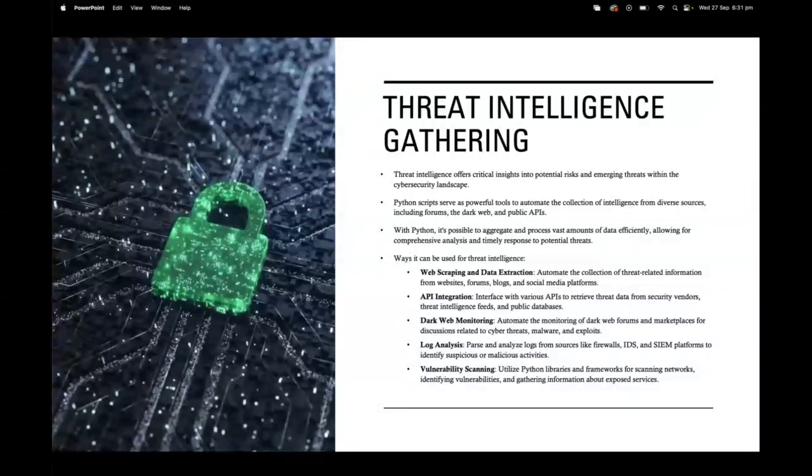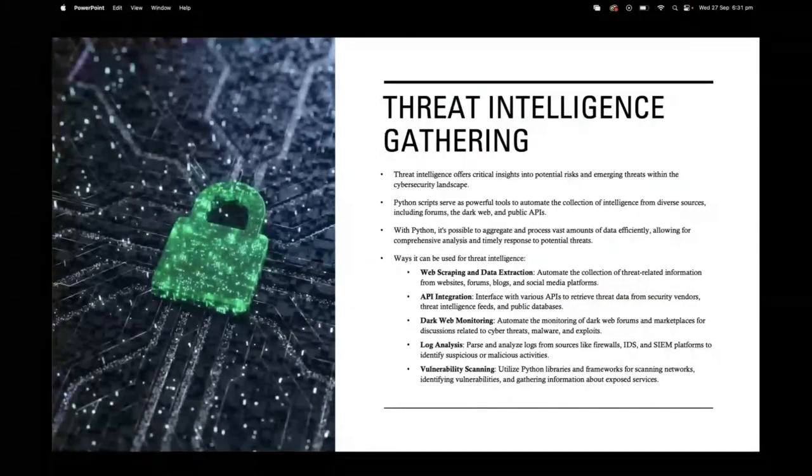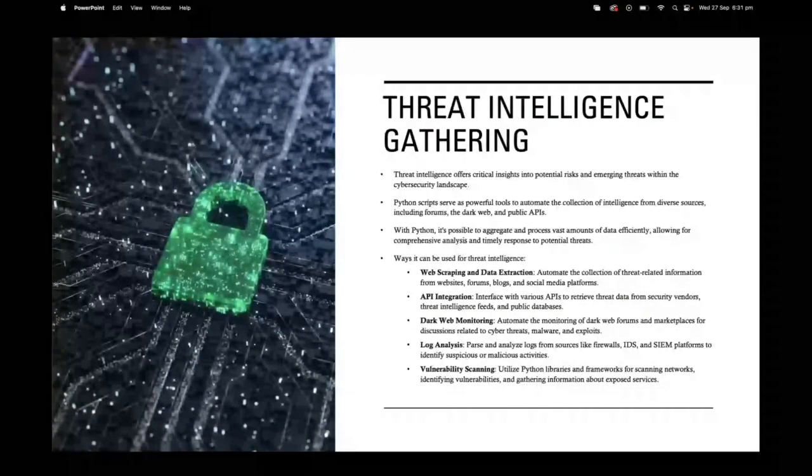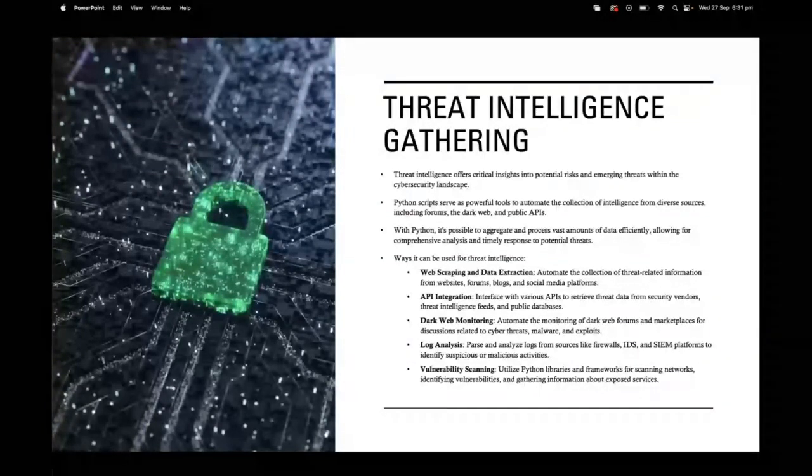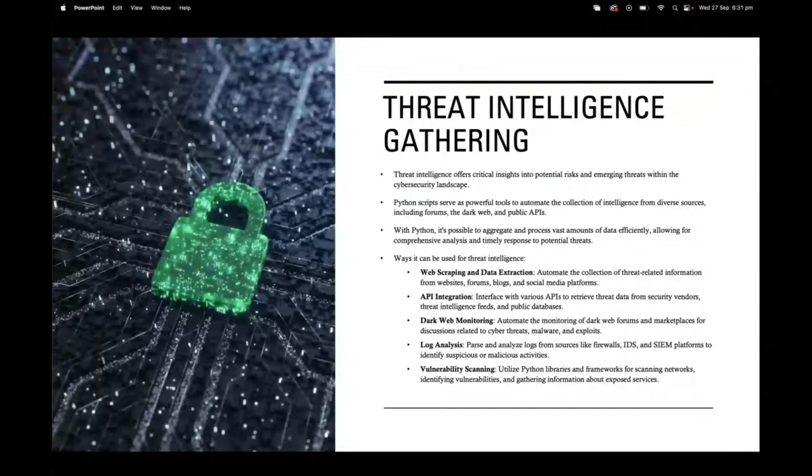So threat intelligence gathering. What is threat intelligence gathering? Lots of things are going on in the world. Lots of servers being hacked. Lots of ransomware, where somebody encrypts the data on somebody's server and asks for, say, a million dollars to get it decrypted. So threat intelligence gathering,